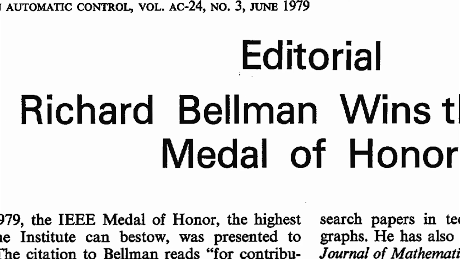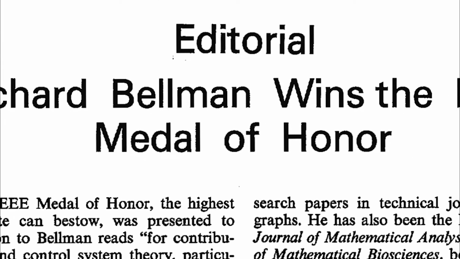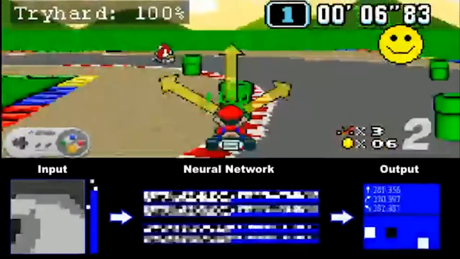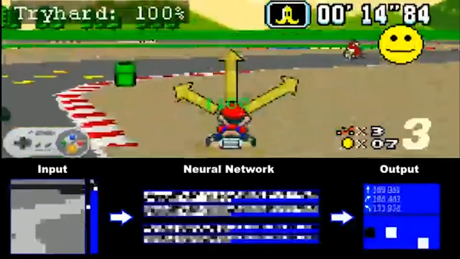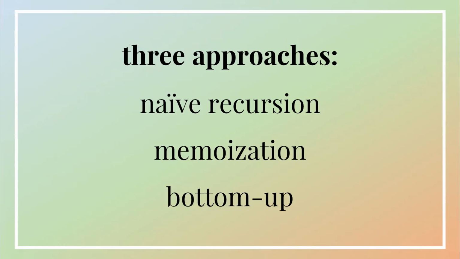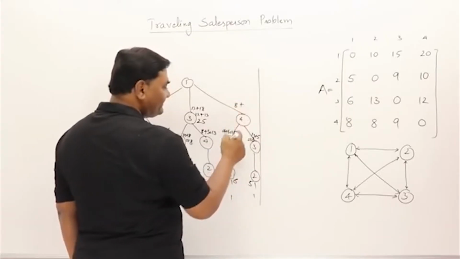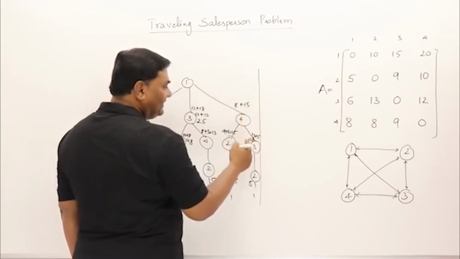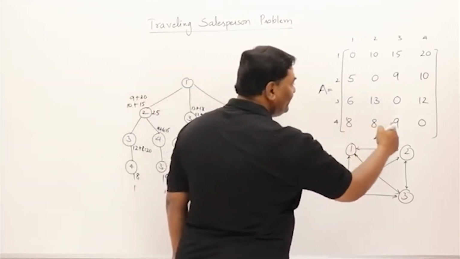The IEEE awarded Richard Bellman with the Medal of Honor for his work on dynamic programming, and the technique continues to be used for solving complex problems, such as those presented by the field of artificial intelligence. So with the origins of dynamic programming in mind, let's now move on to discuss the 3 main approaches to the technique. And to best explain these approaches, we'll be taking a look at a classic problem called the traveling